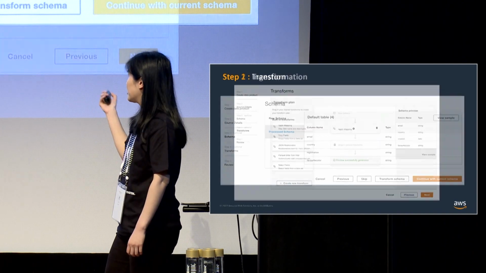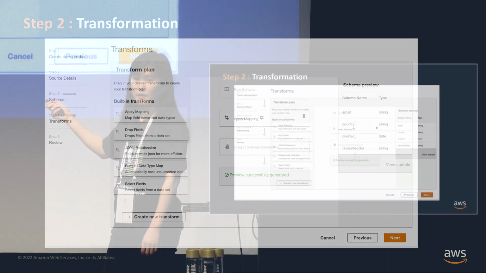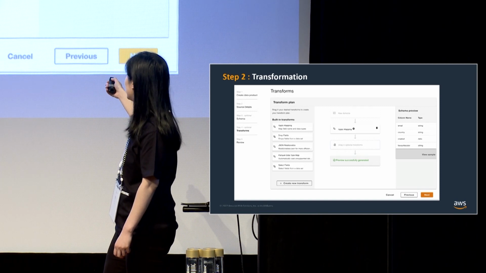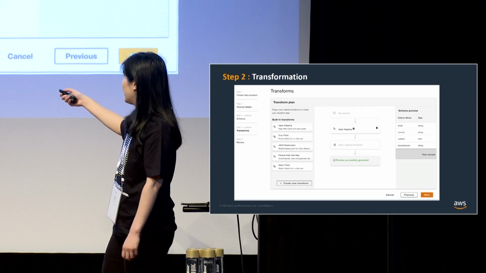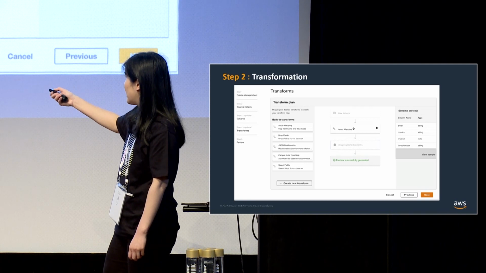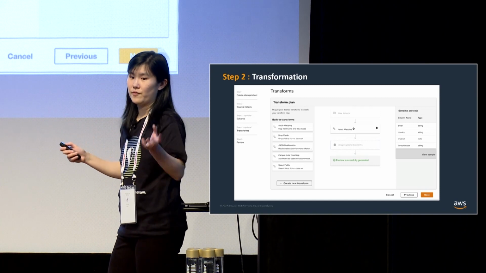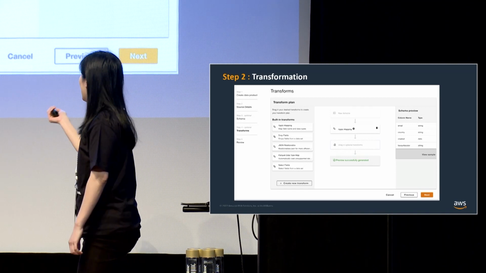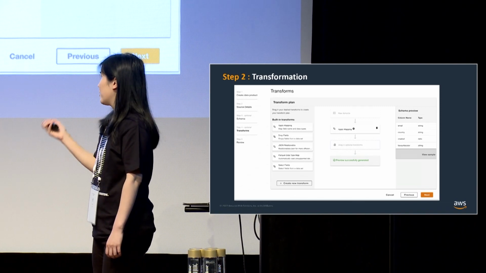So what we could do is just go, you know what, I'm going to apply some transformation. Go on to the next step, and we've got built-in transformations here that you can just drag and drop. In our case, we've done the apply mapping, and we've changed registration into a created date with a date format instead. Don't need to do anything else, but just for the purpose of the demo, you can drop fields, relationalize, select fields, and so on. Open source connectors, plugins kind of thing, build your own if it's not here. But in our case, we're happy. The preview looks about right. We're off to the next step.